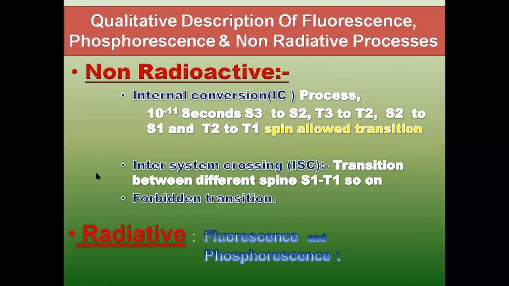Non-radiative transition. Non-radiative means there is no emission of light. What happens? What does the electron do? In the ground state, the electron absorbs some energy and undergoes excitation. So this excitation of this electron,